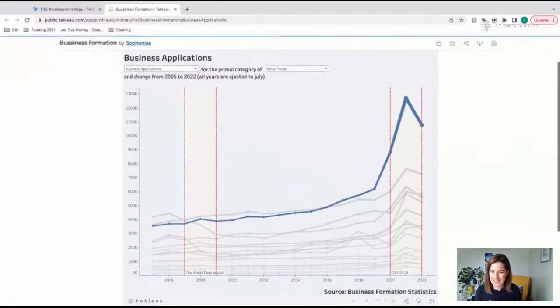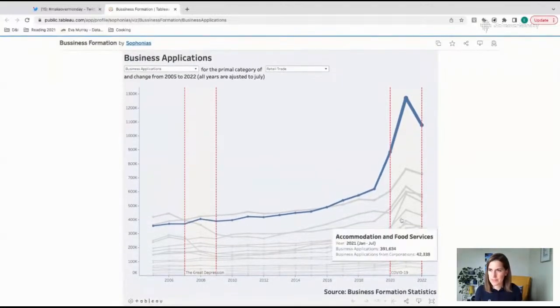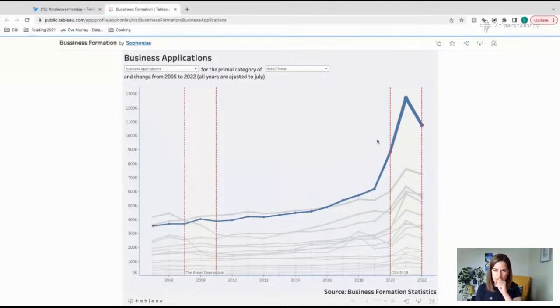I've commented enough on titles. Actually, source, it says business formation statistics, but this should actually be the source of the place where the data came from. So the US Census Bureau should be listed in there. Okay, so it's always the change over time, which is fine. I like the chart. I like the idea. It's nice and simple. And I would make it even simpler by removing these drop-down filters, because